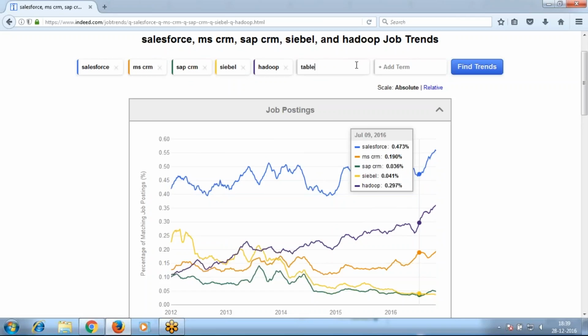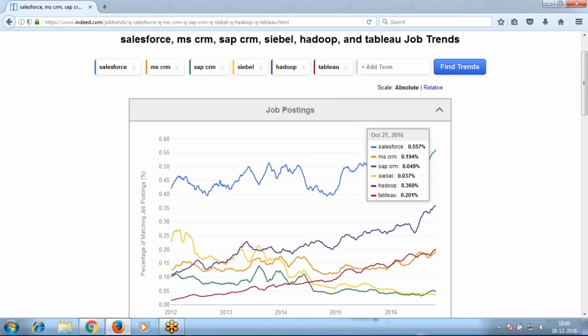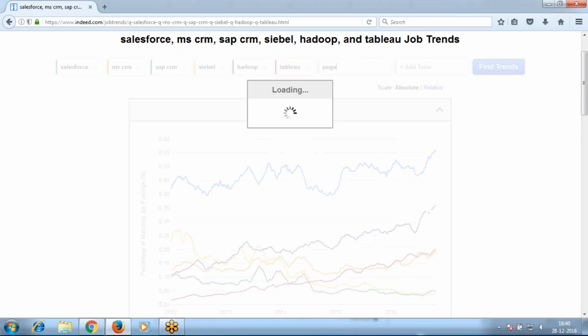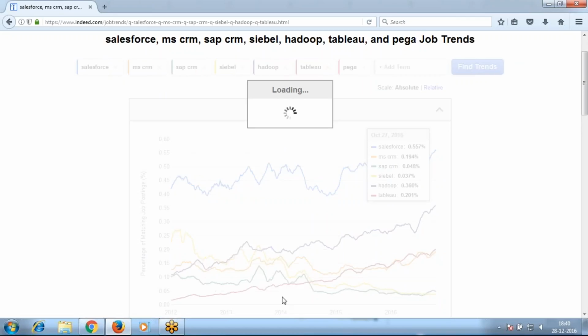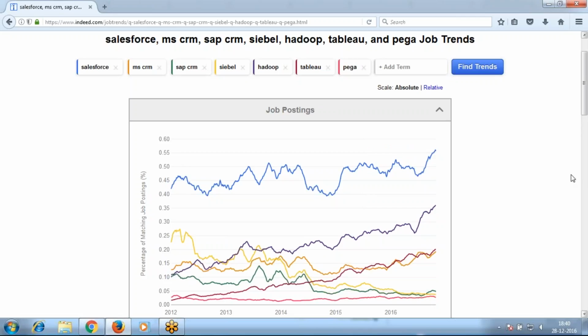Then you can go for Tableau, a reporting tool. It's a tool. Next year one more tool will come. Every year a new tool will come, but currently the tool in demand is Tableau. So compared with all the new technologies now, Salesforce is the highest demand. If you compare with Pega, you can see here how the opportunities in Pega exist. Among all the new technologies, Salesforce is in the best demand in the market. SharePoint.